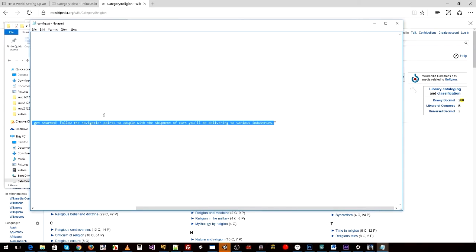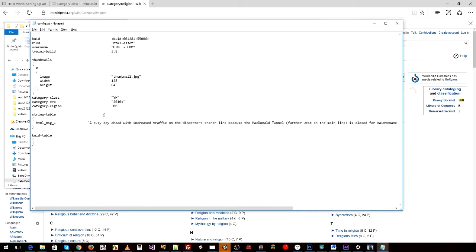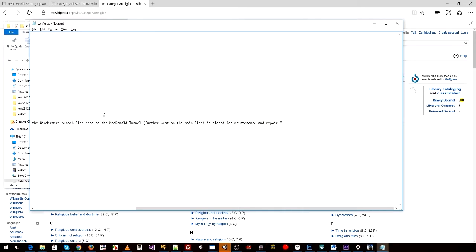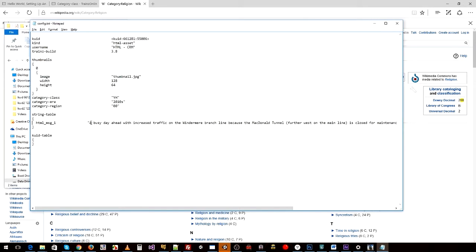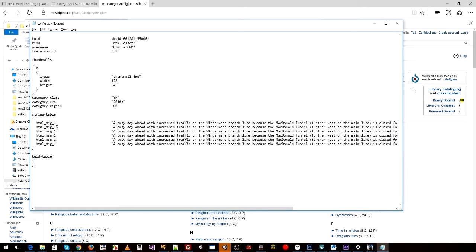and that's going to read this line of text. Now I've spell checked it. Now hopefully Microsoft have helped me out there. So, a busy day ahead with increased traffic, blah blah blah. So it goes on to say that's what the first message is going to be that we're going to use in our session. And because I've got 6 sessions to put this in, because those sessions relate to different parts of the route, but we still want it to show up in each of those 6 sessions, I'm going to put these in a HTML asset, which will make it a lot easier for me to manage later on. So there's going to be 6 messages,